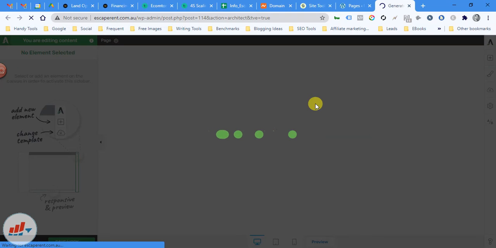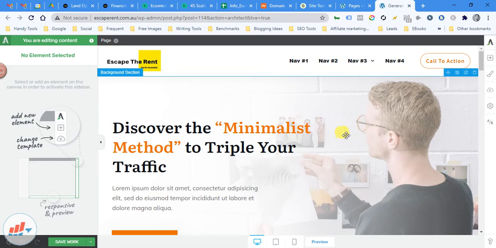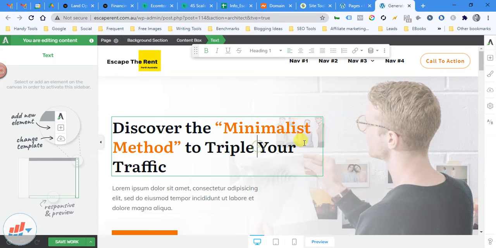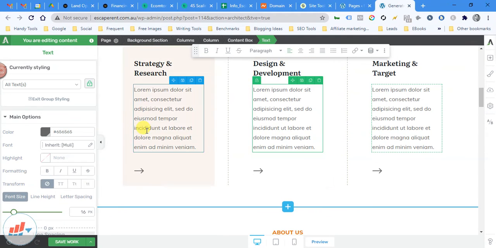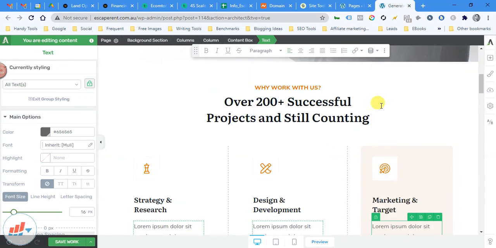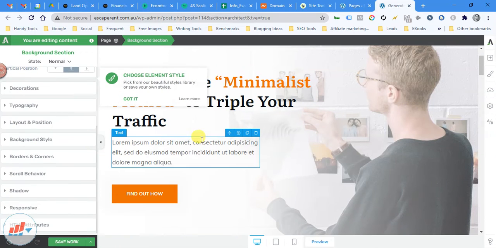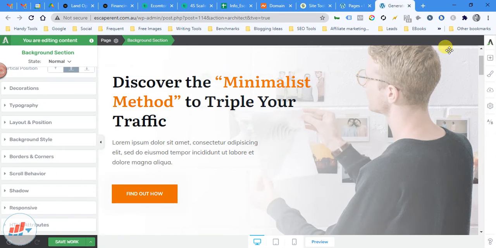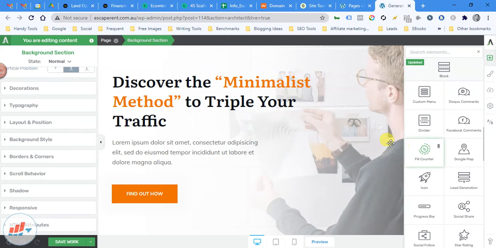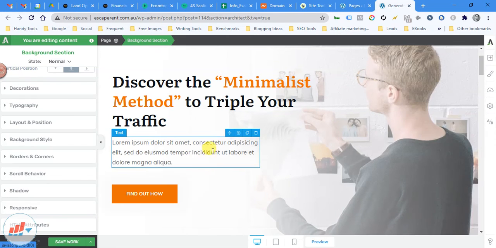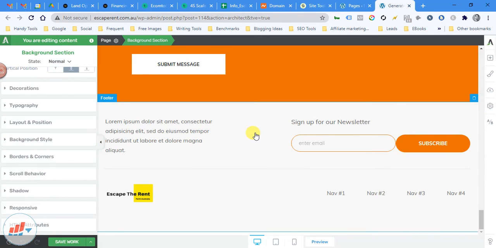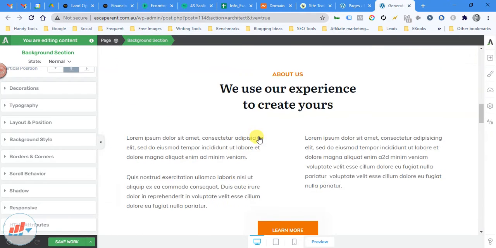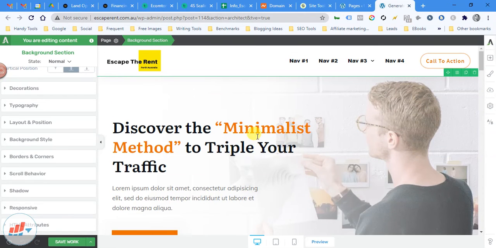So Thrive Architect is again an inbuilt plugin under the Thrive Themes umbrella. We can make all the changes using Thrive Architect, and we can convert all this heading and everything. The image can be changed, everything can be changed using Thrive Architect here. So this is the basic advantage of creating a website using Thrive Themes, a nice, advanced and easy plugin, or you can say page builder like Thrive Themes.